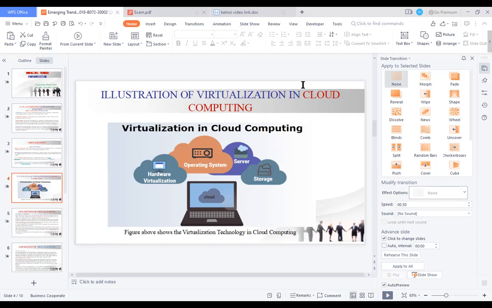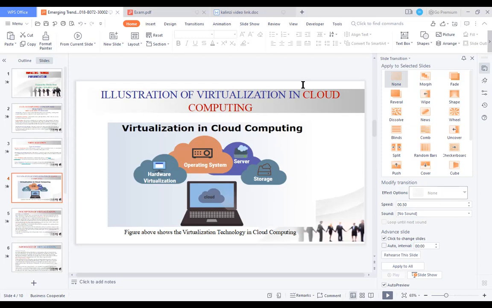So as long as a user is using the system, if you want to use the operating system software, you must install it so that you can perform different tasks. You can create everything you want, and operating system services. And we have hardware virtualization.